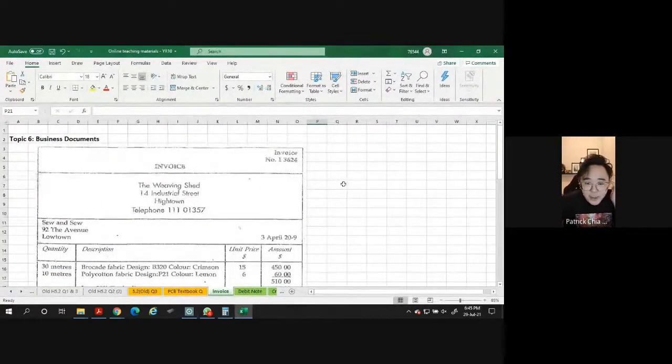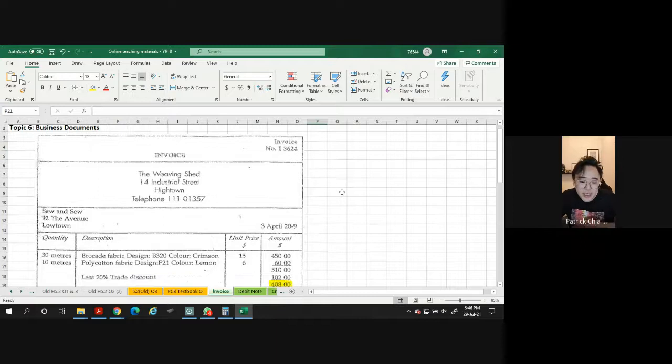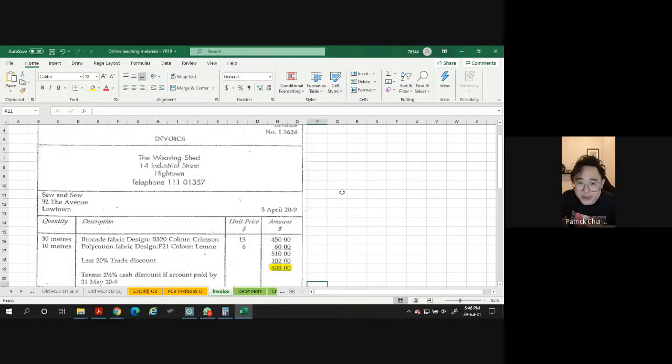How do I know it's nominal or general journal? These two are two separate things. So nominal is a ledger. General journal is books of prime entry. They are two separate things. So document will go to where? Document will go to books of prime entry first. So follow the accounting process, the 1, 2, 3. Document will go to books of prime entry. So I hope you guys are okay with how to read documents.